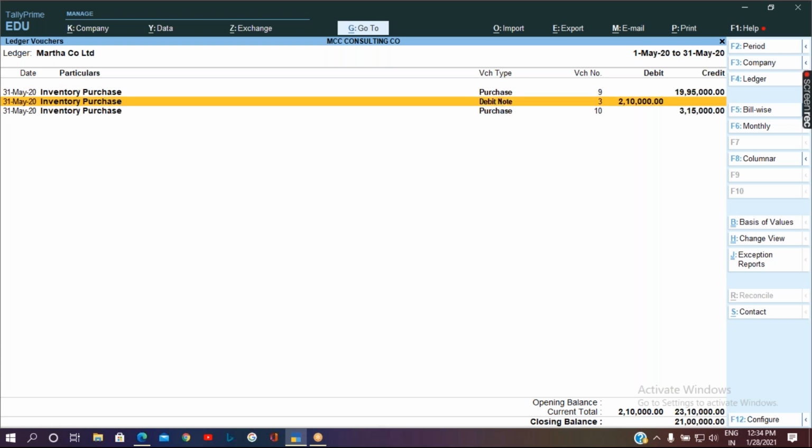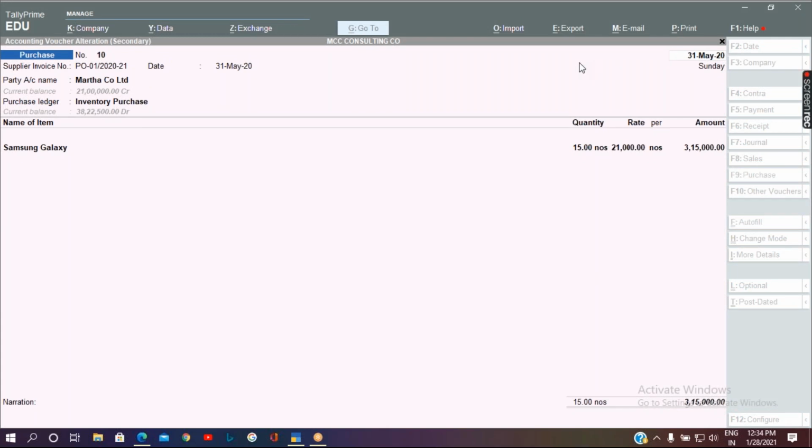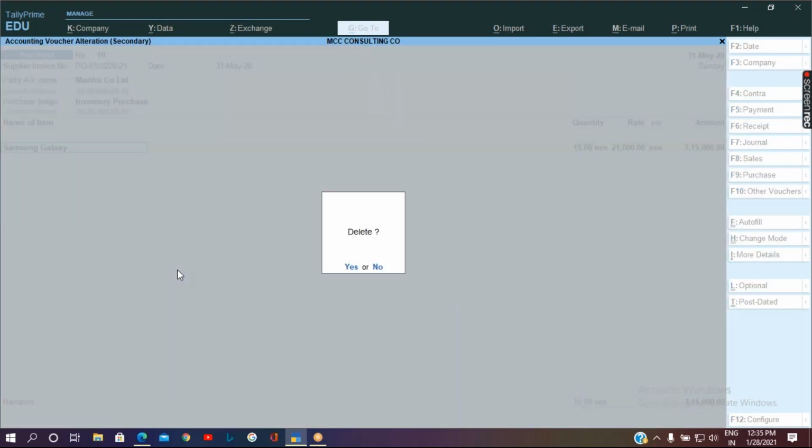So I can go back to that purchase entry and delete it. So do you know what is the shortcut key for deleting anything from Tally? What is the shortcut key? Very good. So we can press Alt D and delete this entry.